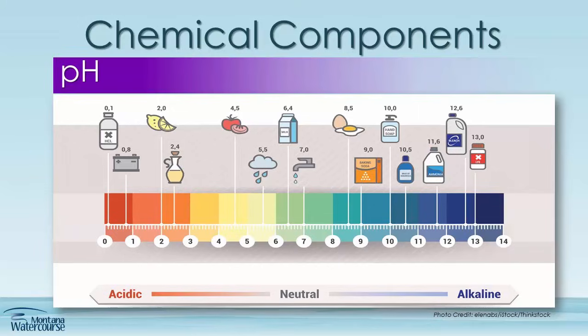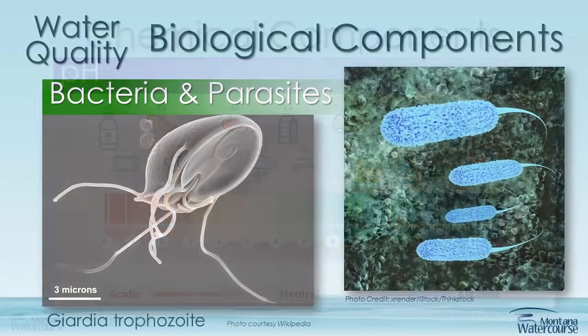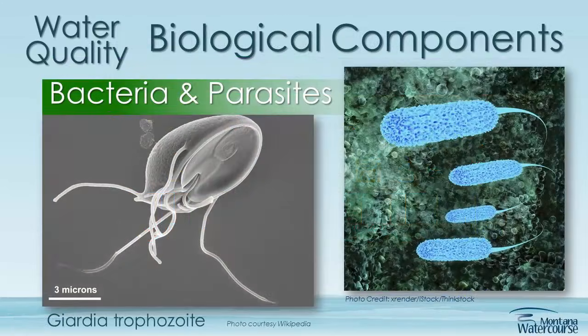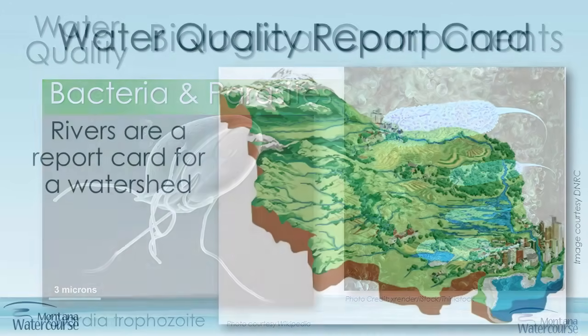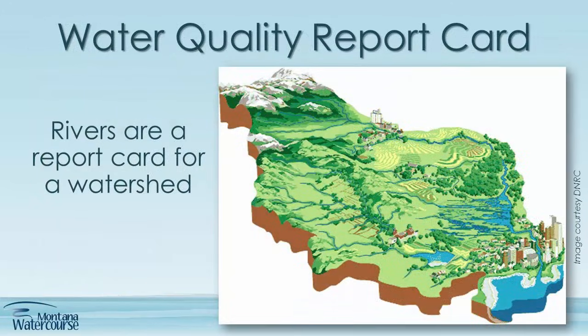Most aquatic life does well in surface waters with a pH between 6.5 and 8.5. pH of water can be influenced by local rock and soil types, mining, and acid rain. The biological or living organisms in a body of water can also affect water quality. Some that can negatively influence water quality are microscopic parasites and bacteria such as E. coli. Many of the physical, chemical, and biological variables of water quality are affected by natural features such as geology